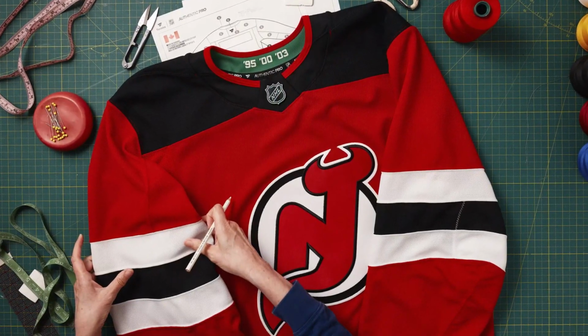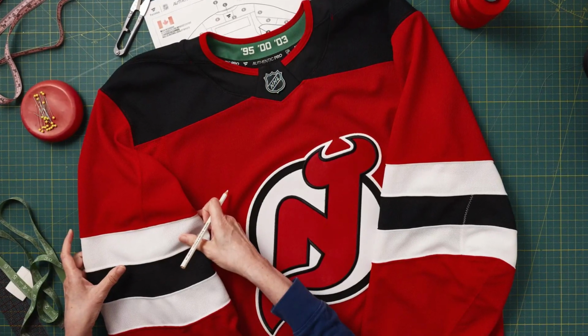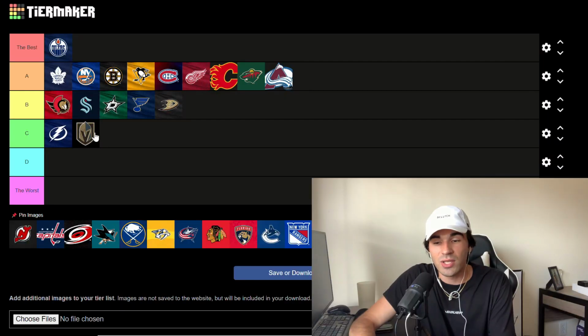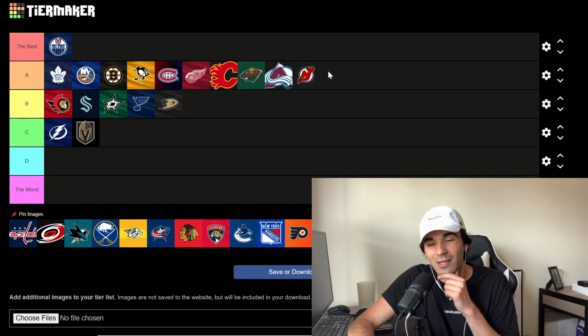Next up, we got the New Jersey Devils. This is one of those ones that I feel like is very similar to the Avalanche. When the logo is so nice, it's hard to not make a great sweater around it. And I feel like the New Jersey Devils went above and beyond when it comes to their design. I just love the patterns with the black, the white outline, and the logo. I just think that the red look is just such an easy cheat code for any team to design a jersey with. I also do feel like maybe this tier is getting a little bit overcrowded, but